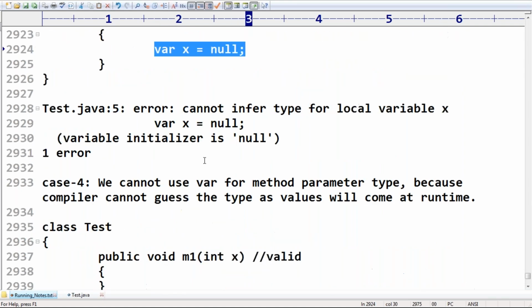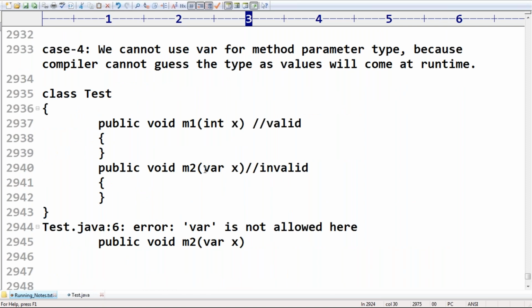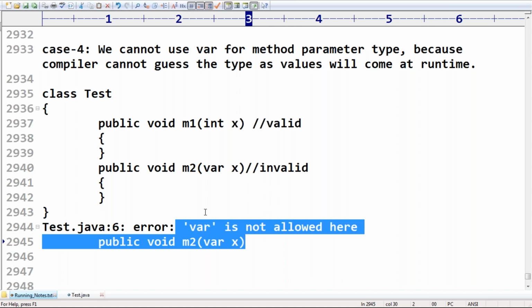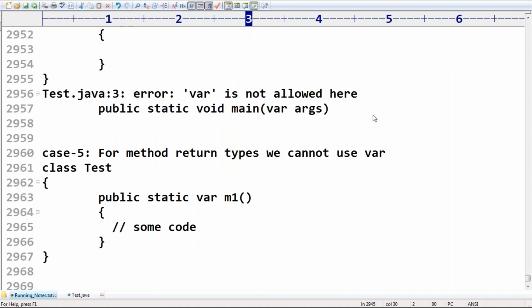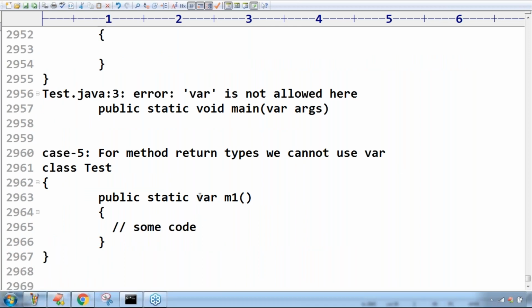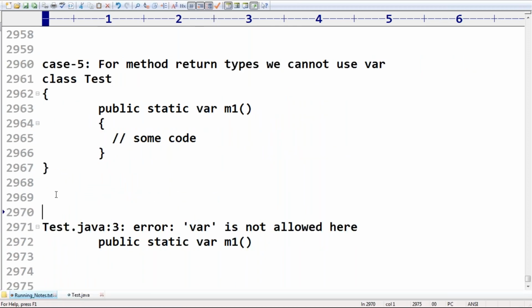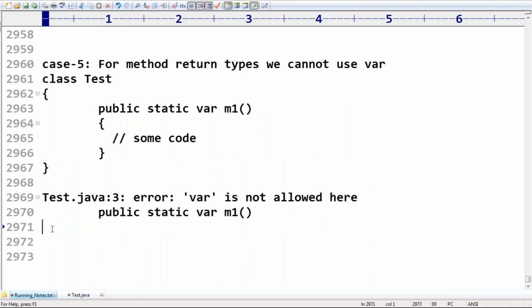Next, for method parameters we can't use it. And in method return types we can't use var. If by mistake you try to use var, we immediately get an error.